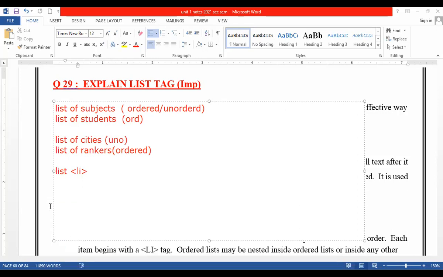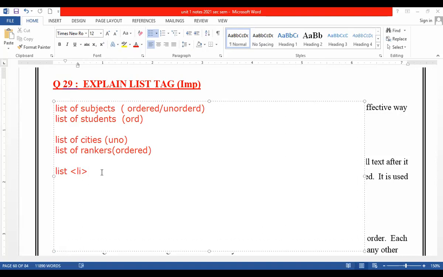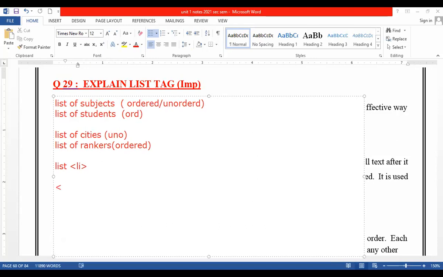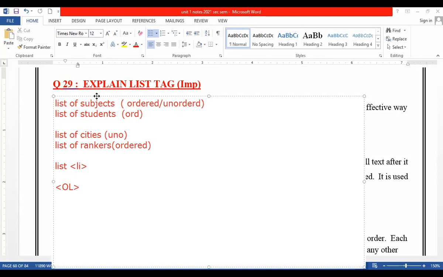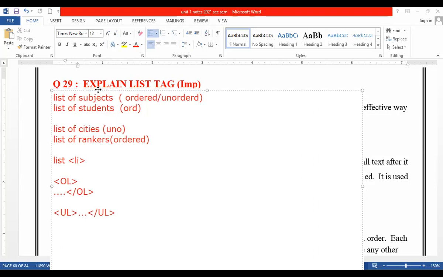Okay, so these are different types of bullets that we can pass when we want to create a list, right? Fine. Now see here, suppose I want to pass that list. What parameter or what type of attribute do I have to use? First, for an ordered list, you have to use the OL tag, right? List all the items here and then close the OL tag. This is for an ordered list. When I want to use an unordered list, you have to use a UL tag. Then complete the set with the closing UL tag, right? This is the syntax for ordered and unordered lists. Is it clear? Right.